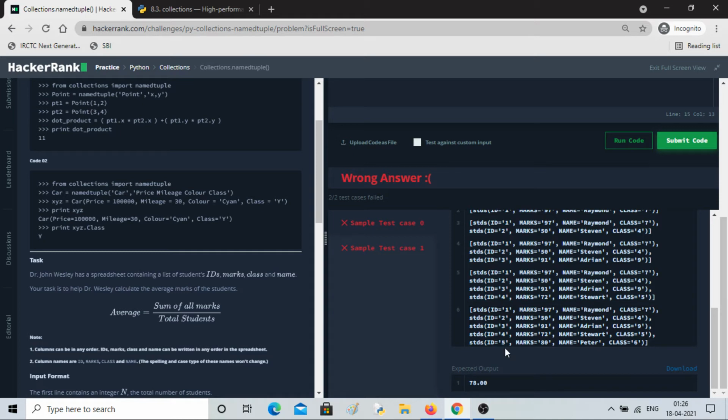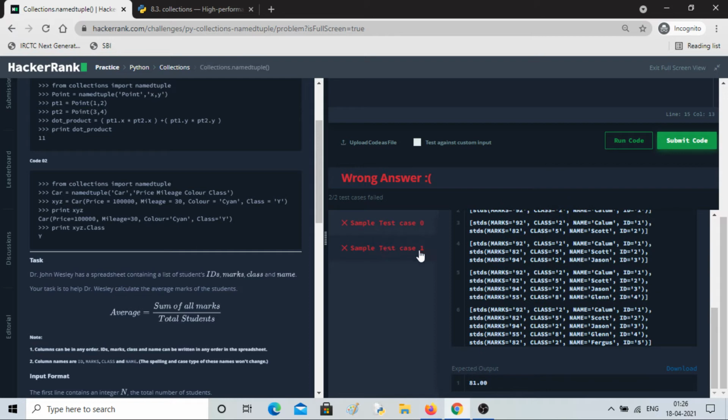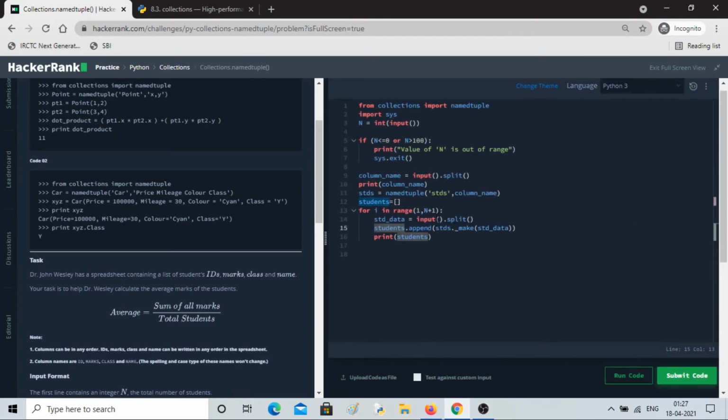ID is 1 2 3 4. Automatically it has fed all the values, right? 197, then Raymond and class. Let's look at the second test case as well. So here also you are getting marks properly, then class also, name also, it is fine, meaning shuffling is handled in this way. So that's the beauty of tuple, you can see.